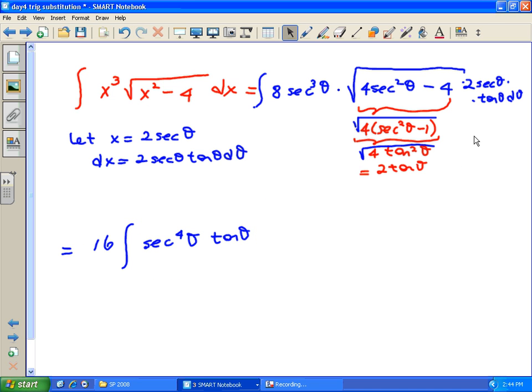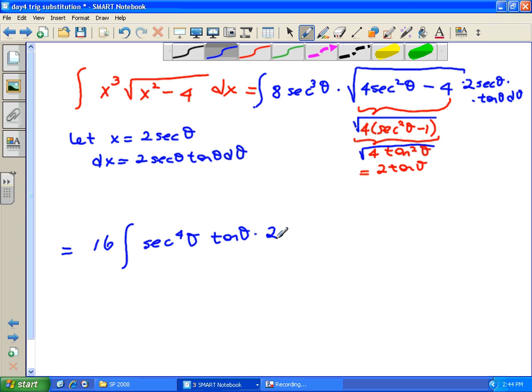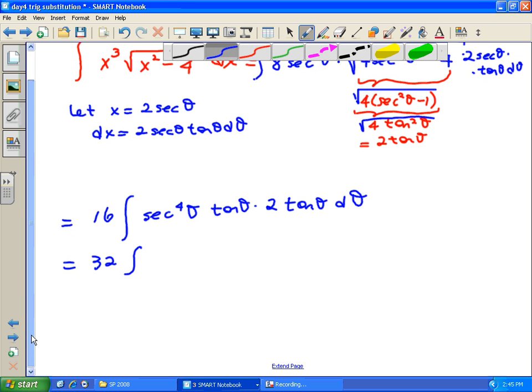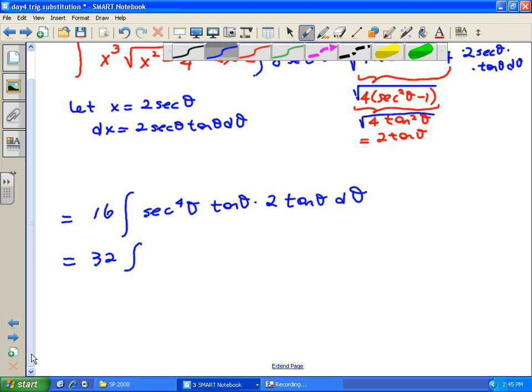So I already have everything outside of the square root sign placed into this integral that I'm working on right now. And for the square root of that quantity, I will now write 2 tangent theta. Tangent theta, and don't forget the d theta. Okay, once again, factor out the constant. We have 32 times the integral of 2 tangent squared theta times secant to the 4th